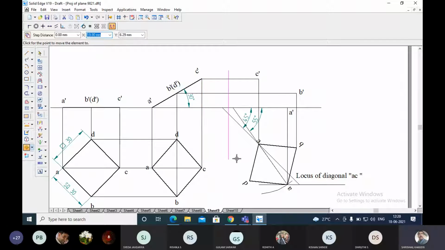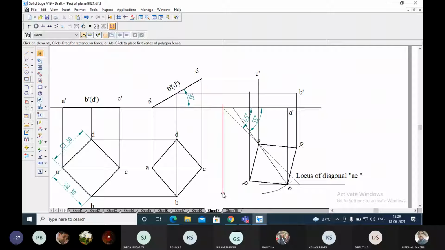From this point, locate point D. You can see it is intersecting at this point, and the extra line you can remove.